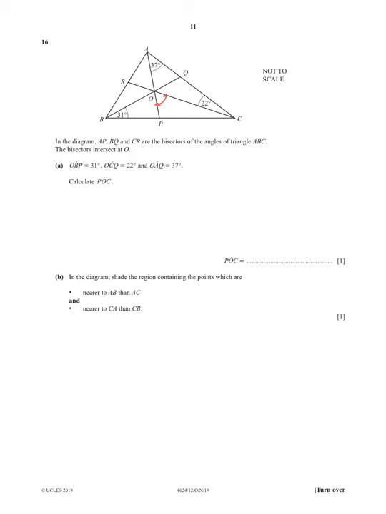To find this angle, if I consider the triangle A, O and C, in that triangle we have two angles, 37 and 22. So we can say that 22 plus 37 plus angle X, which is this angle, equals 180. You can find the value of X: 22 plus 37 gives you 59, so 180 minus 59 gives you 121. So if X is 121, the angle highlighted in red will be 180 minus 121, which gives you 59. That is your answer.